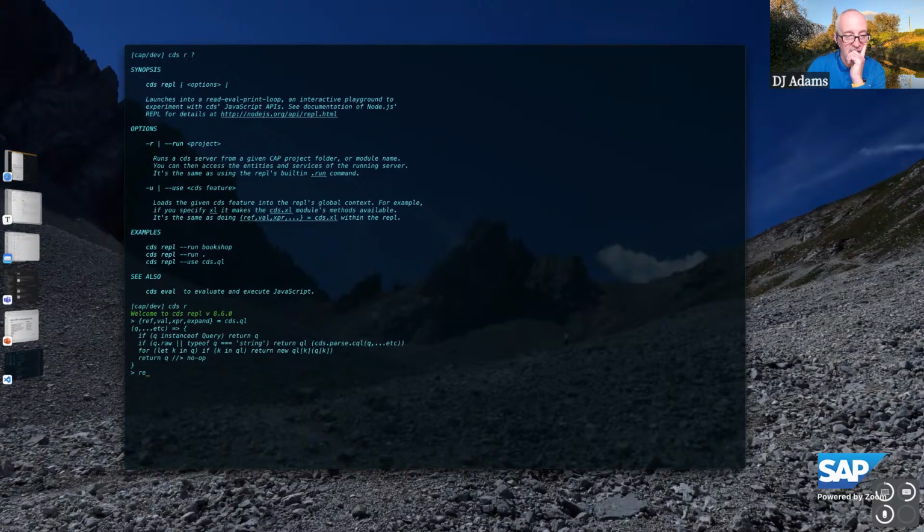So I can do something like, give me a CQL representation of a reference to foo bar, or give me that one, maybe the same one, just to show the difference, as a val, or do an expand of an element called, or a path foobar, which is also a reference, but in addition the star.